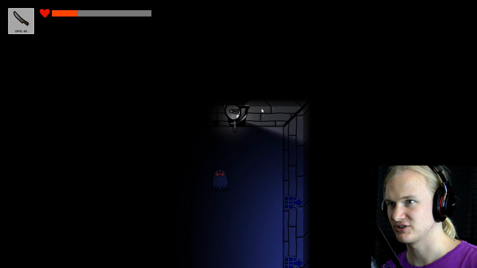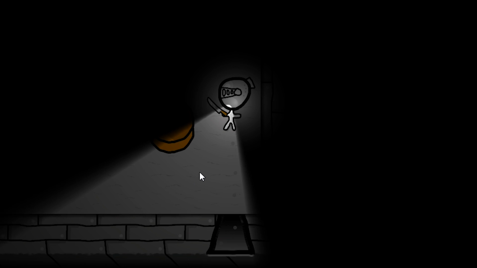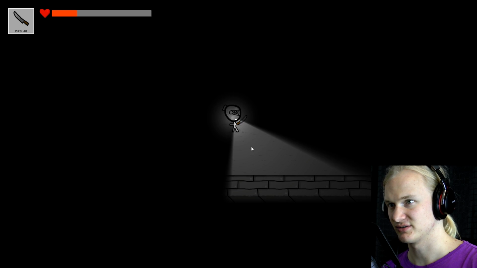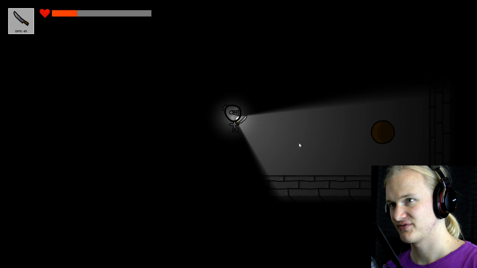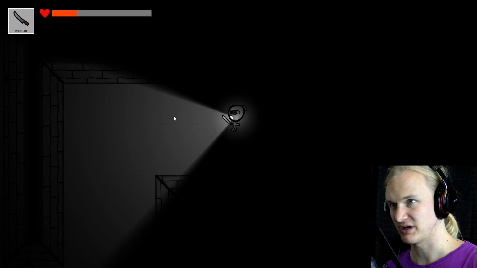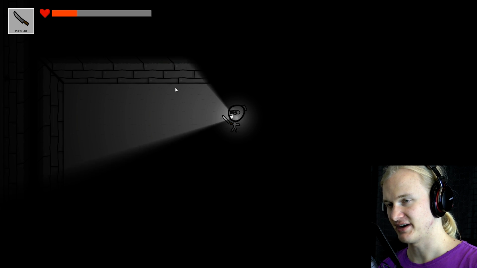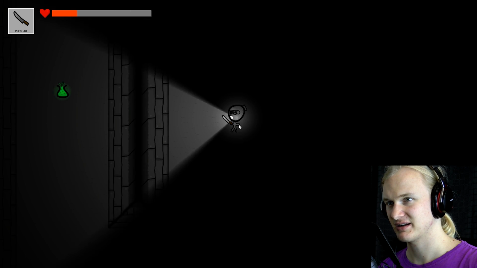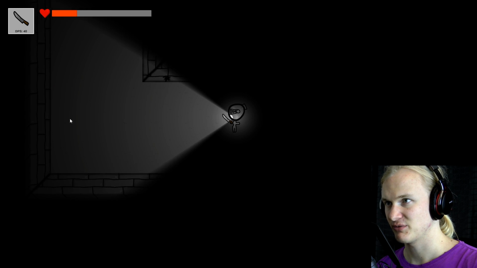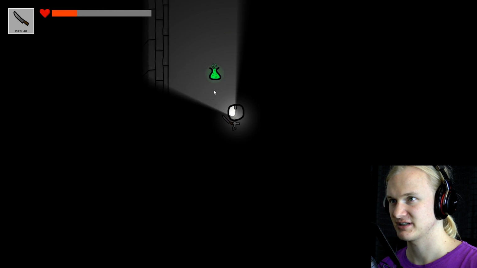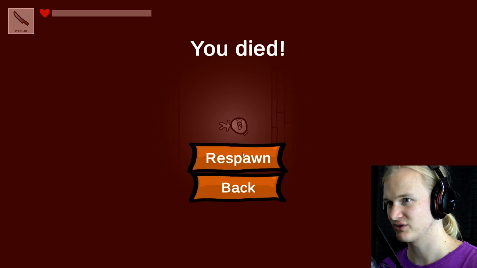Okay, don't touch the ghost. Here's a button with, once again, no clue what it does. At this point, I'm also starting to wonder what's the point of this view cone mechanic here, of this light mechanic. Yes, it makes everything a little darker and creepier, but if you have a mechanic like this in the game, maybe you can do a bit more with it. Maybe there are some enemies or whatever that are scared away by light. Okay, don't drink the poison.